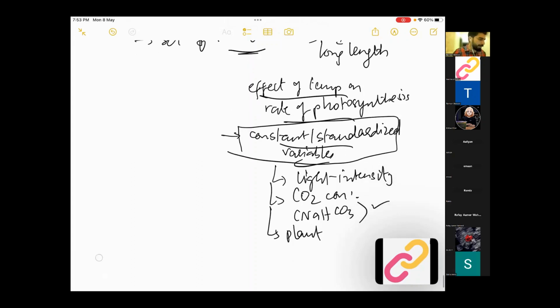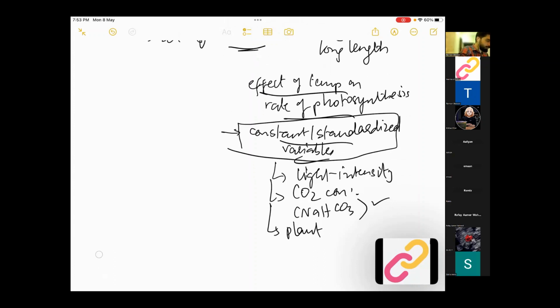But what if they give you the same question, but this whole thing becomes part of the question, the one that I've written down, that they're asking you the effect of temperature on the rate of photosynthesis? And they say that the constant variables include the light intensity, and they tell you how the light intensity is constant. They tell you the carbon dioxide concentration is constant. They also tell you it's the same plant, for example. Then they ask you, what other variable should be constant? You understand? So now it becomes a close-ended answer, doesn't it? So it actually matters that when you get more instructions, your answer becomes narrow-ended, which actually works for you. Now,